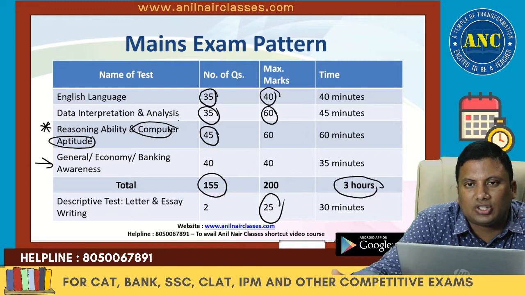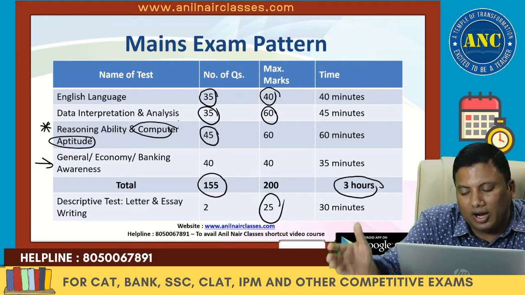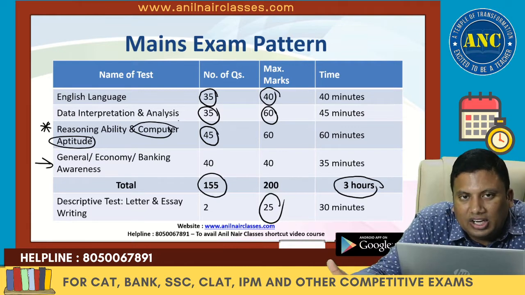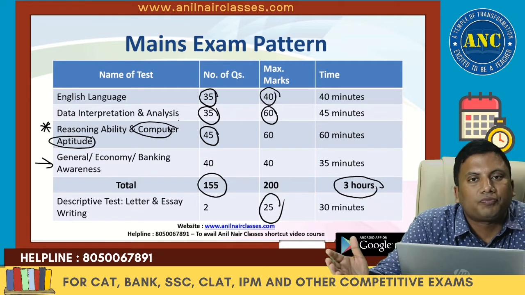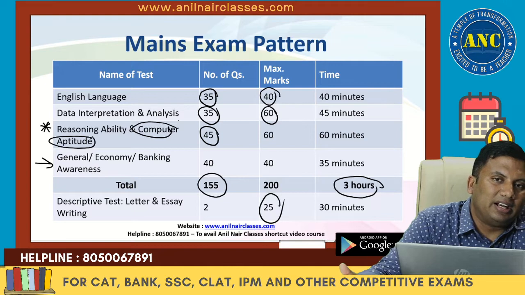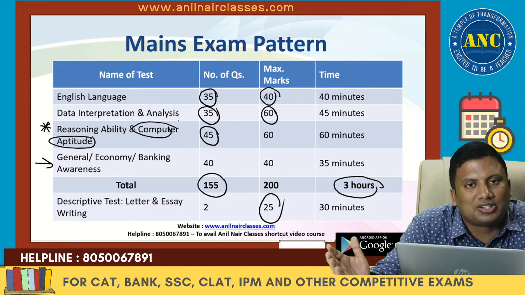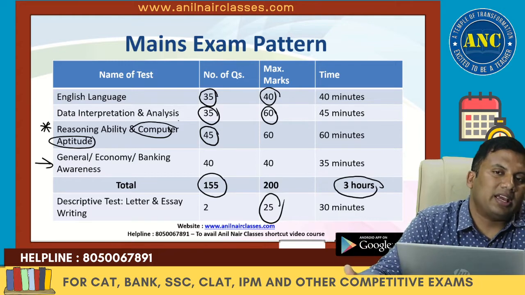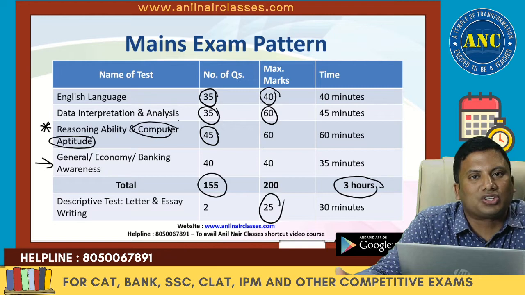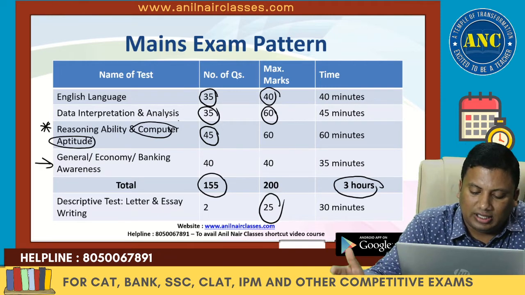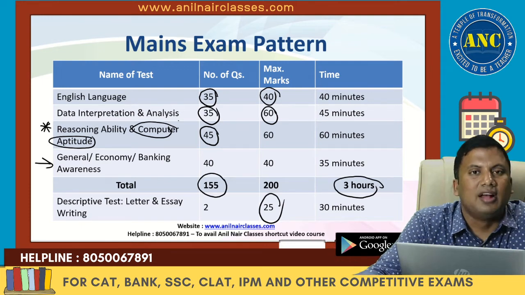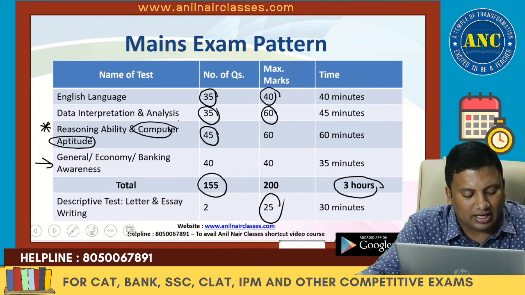Prelims examination: quantitative aptitude, verbal ability and reasoning ability. In the mains examination, in addition to quantitative aptitude, reasoning ability and verbal ability, they will also ask you questions based on current affairs, general banking awareness, economy, and computer fundamentals. This is the pattern of the main examination. I will also tell you the syllabus that comes in prelims and the main examination.